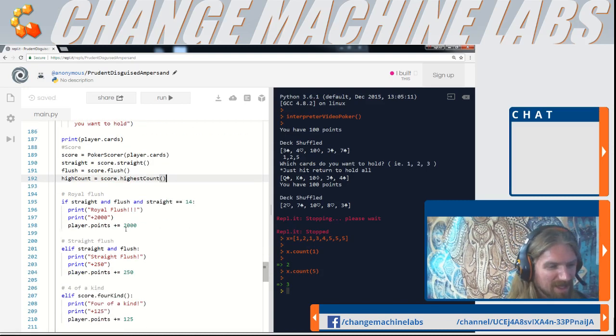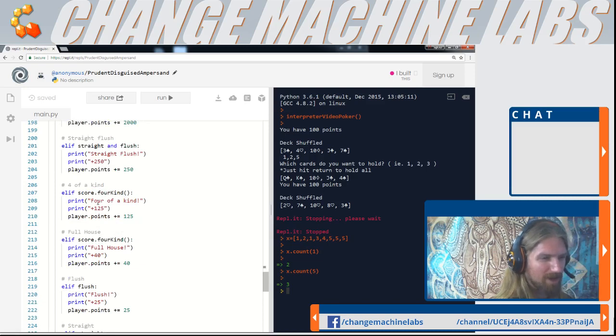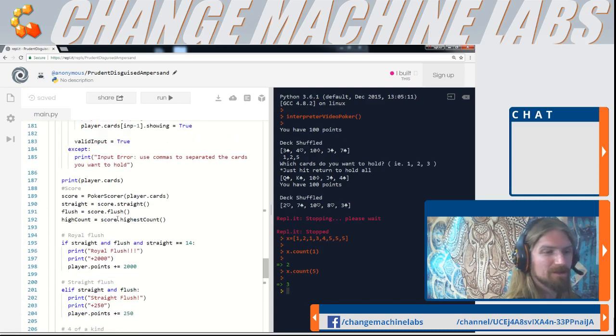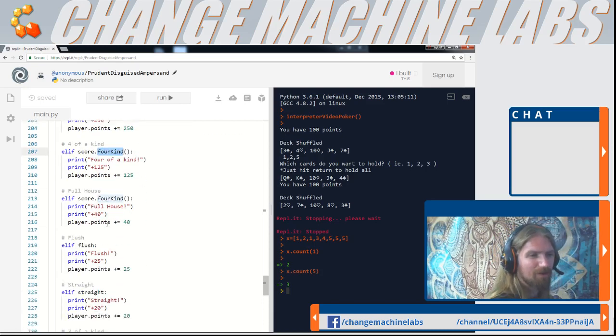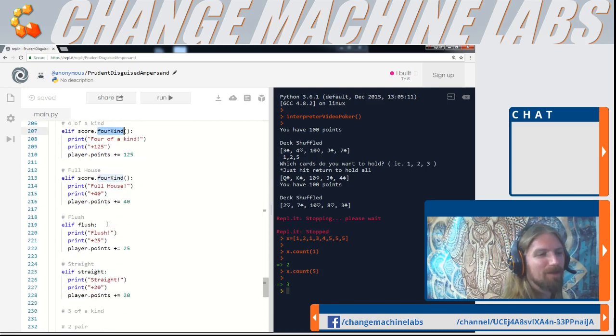So now this will give us the highest count. So for 4 of a kind, we could do score 4 of a kind, or we could do score high count is equal to 4. So I don't really need to do that right now on that one, but that would be one that we could use for both the 4 of a kind and the